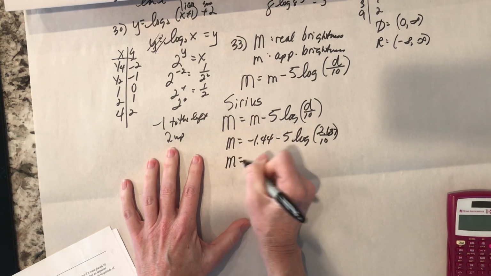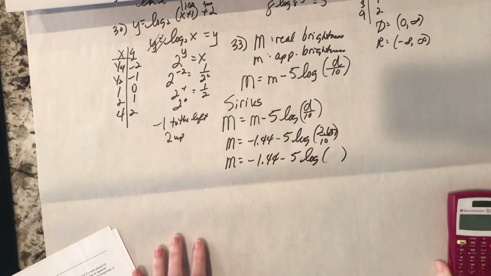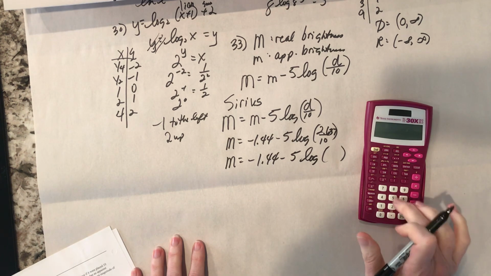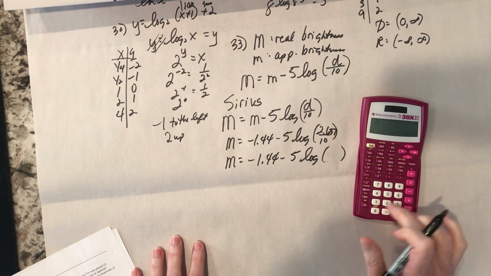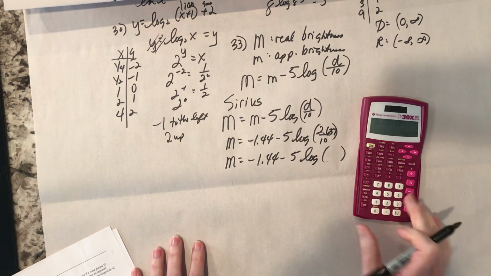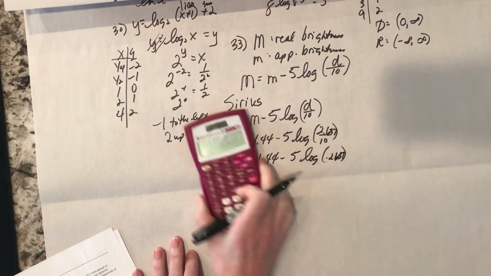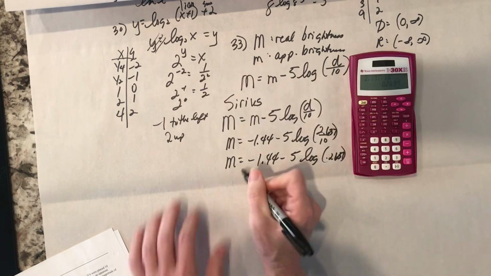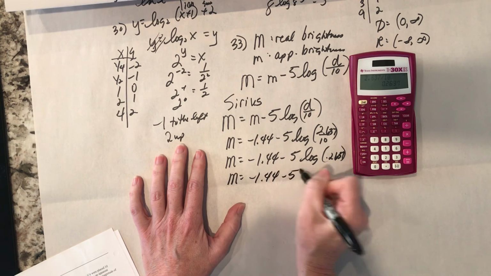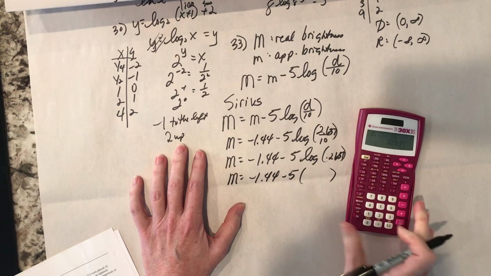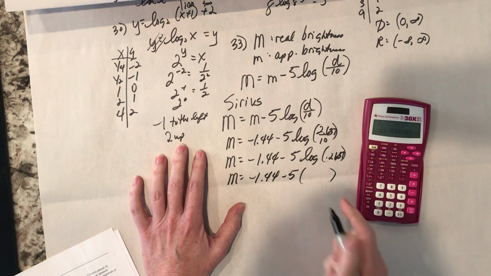Let's see, so m equals negative 1.44 minus 5 times the log of 2.637 divided by 10. Let me turn it on. 2.637 divided by 10 moves the decimal place over, and you get 0.2637. Now we need to take the log of that. So the absolute brightness of this is negative 1.44 minus 5 times, and then I'm going to take the log of 0.2637, and that gives me a negative